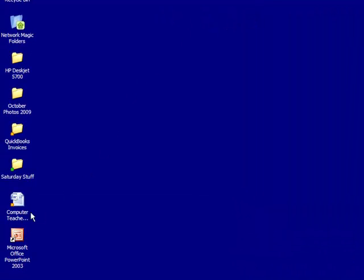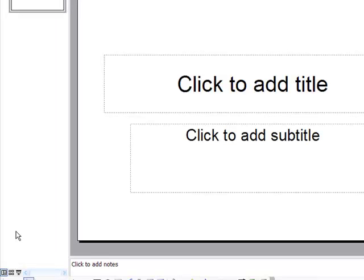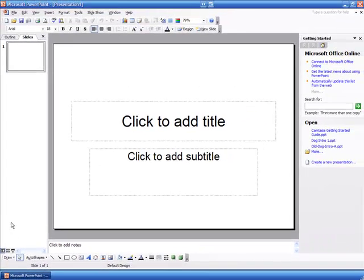I'm going to come down here on the bottom left hand side of my screen. I have an icon that says Microsoft Office PowerPoint 2003 and I'm going to double click on that. And what we have here is PowerPoint. There you go. You can start working. Very easy. Well, I sort of say that in jest, and the reason I want to illustrate this to you